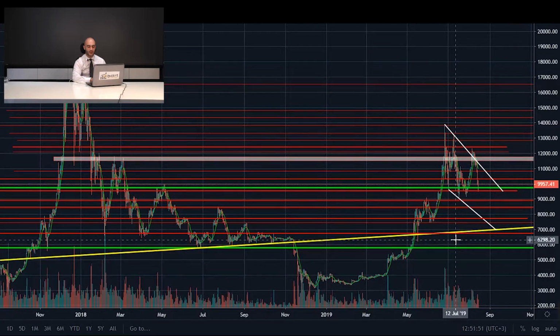If the price continues downwards until touching this yellow trend line, it will be very good for Bitcoin, because after touching this trend line, probably the price will find the optimal point for starting an uptrend move,